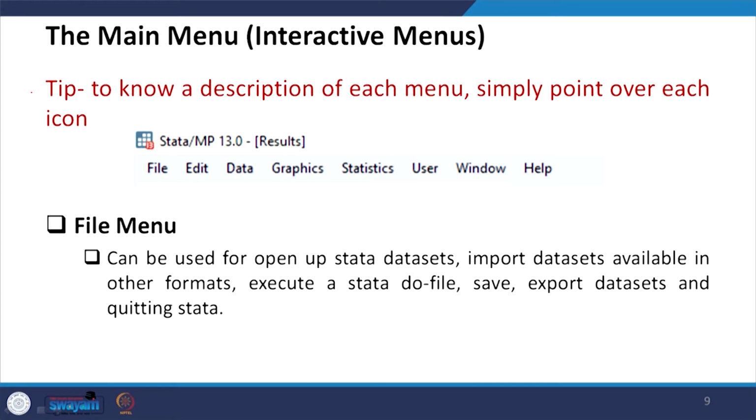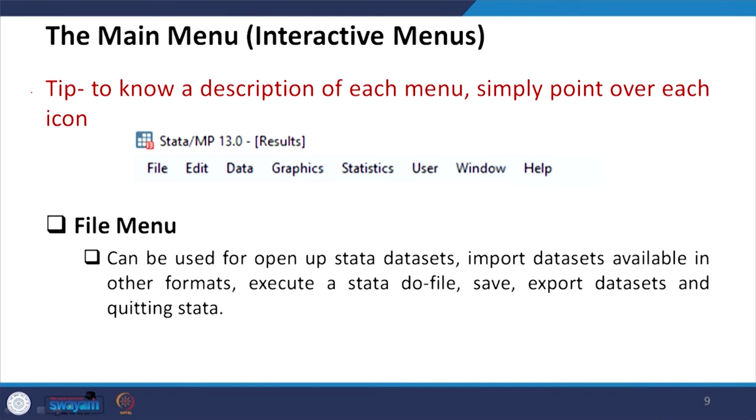Now, the main menu, as I already mentioned, is also called the interactive menu, so simply if you point over that particular main menu, it pops up several other indicators and options. The main menu options are given: file, edit, data.